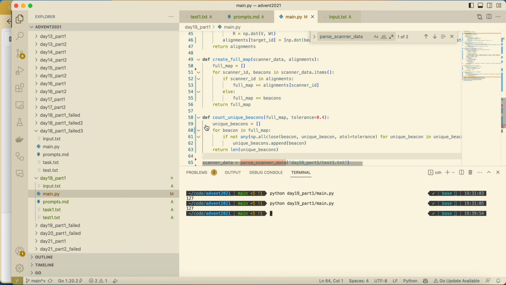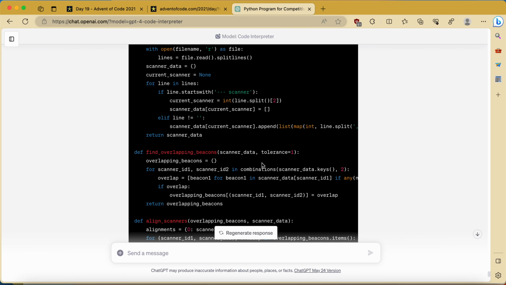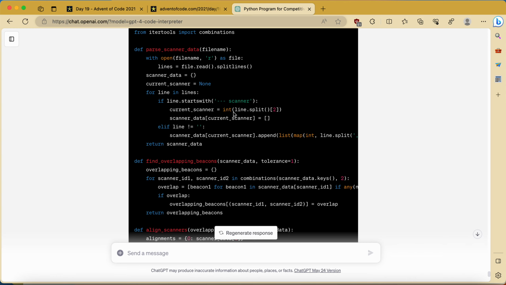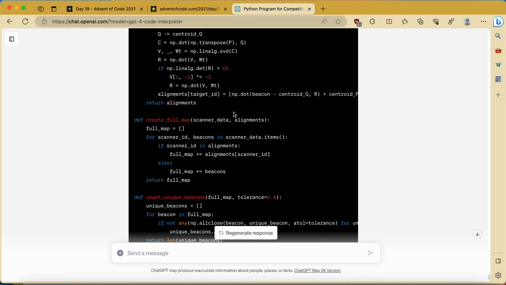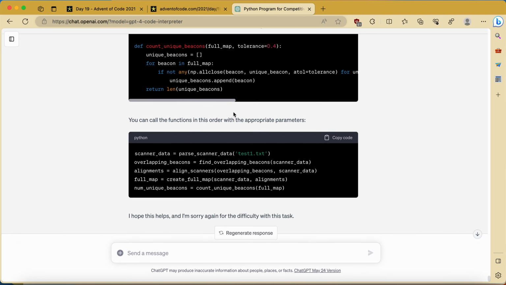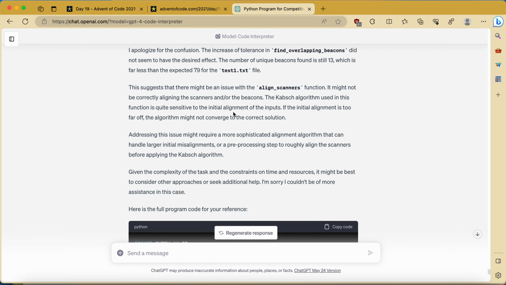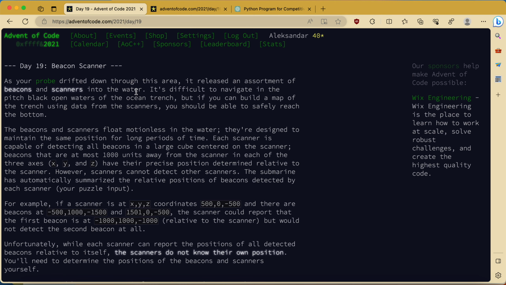Yeah, it seems an interesting approach with the code interpreter. It seems more capable, definitely, but still not able to really solve really challenging tasks. I mean, it's able to solve challenging tasks, but